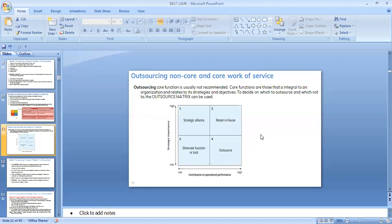Do you see that? So I'm going to give you certain questions that will help you to remember what you have to do as this portion of your training is concerned. Then we have,